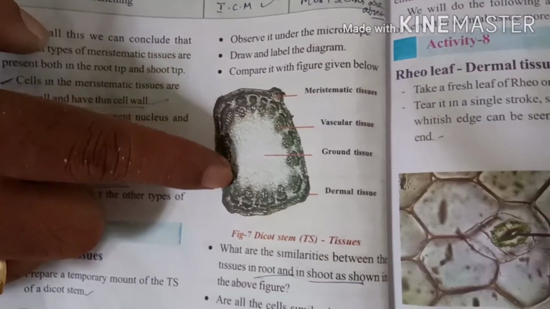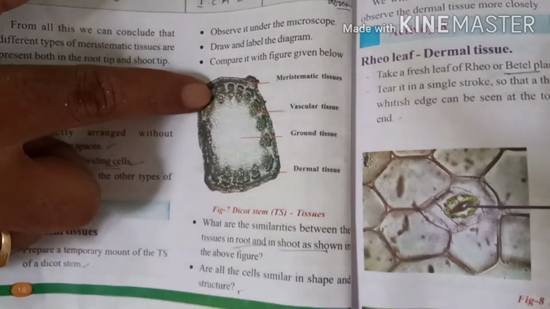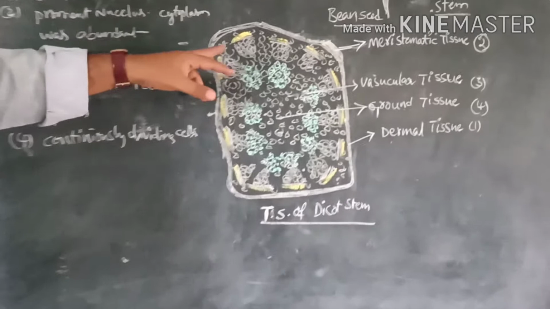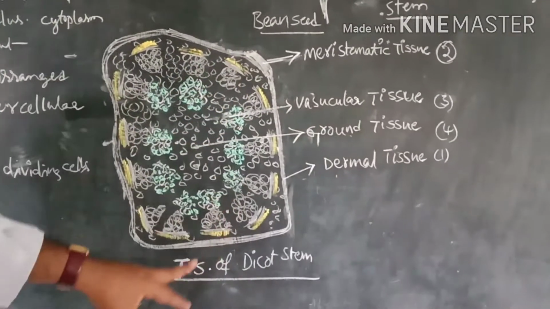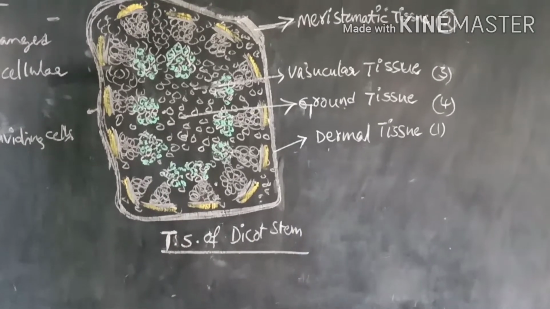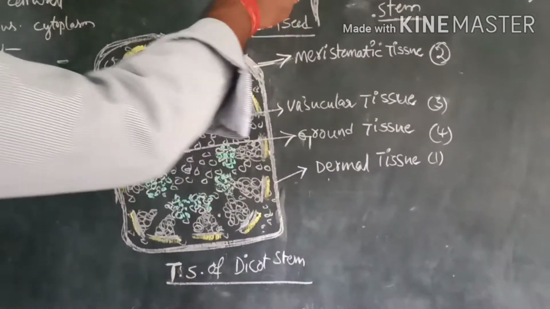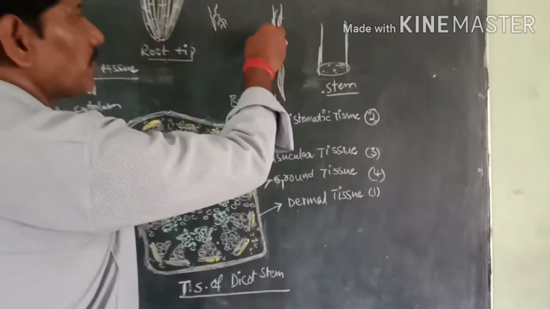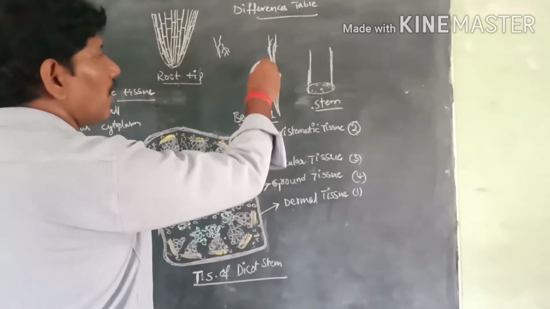Now next we are going to the observation of TS of dicot stem. While we are observing on the blackboard, it should be very clear. So this is the diagram of TS. TS means transverse section of the dicot stem. What do you mean by dicots? Actually, we have two types of cotyledons. One of them are